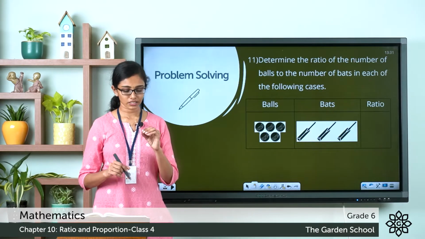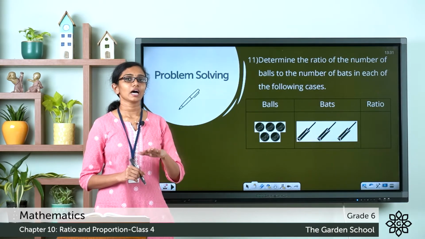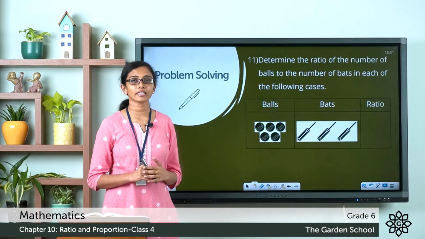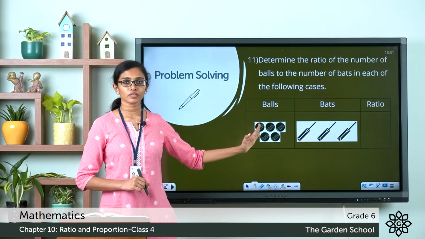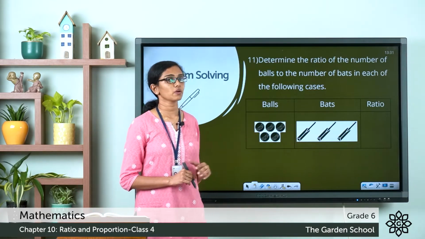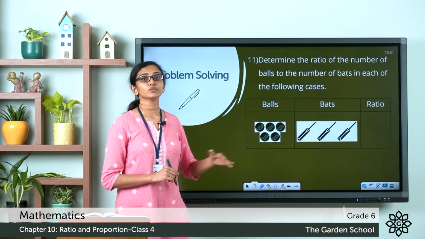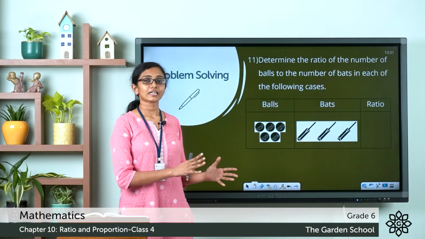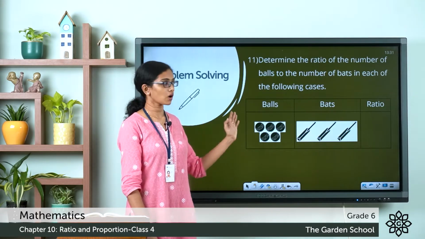There are 4 cases shown in this table given here. I have depicted the first case to show an example. So there are 3 columns for the table. The first one shows the number of balls. The second one shows the number of bats. And you have to write the corresponding ratio, that is the ratio of the number of balls to the number